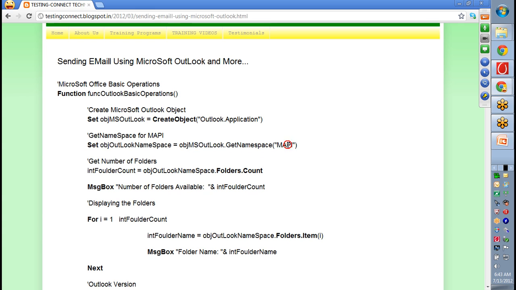This is the namespace. What do you mean by namespace? In C language, you have to use printf or scanf. For those functions, you have to include the iostream header file. So in that header file, which all functions are available, those functions you can use. Exactly, in .NET the concept is the same, only there you will consider it as a namespace. Okay, so once you use this namespace, the functions available in this namespace you can use directly. Okay, Folders.Count is giving you, for the Outlook namespace,